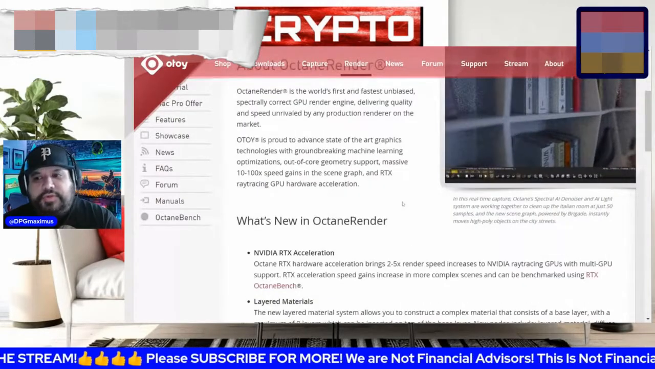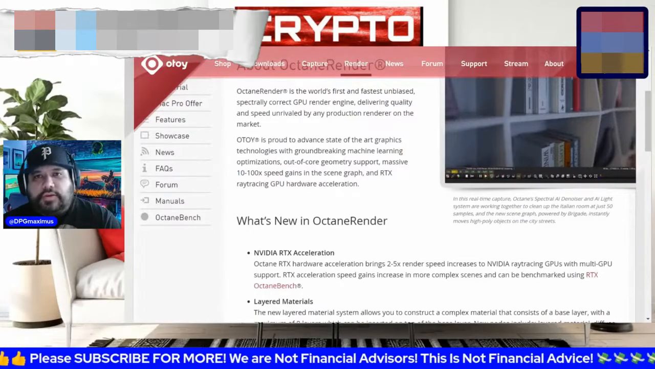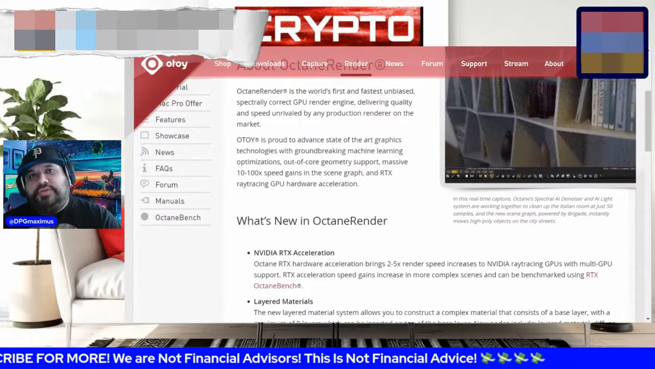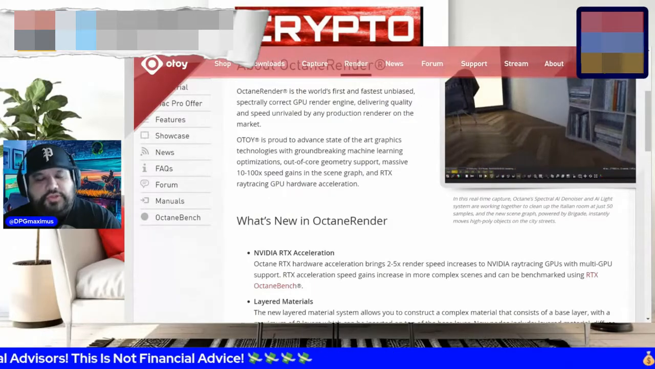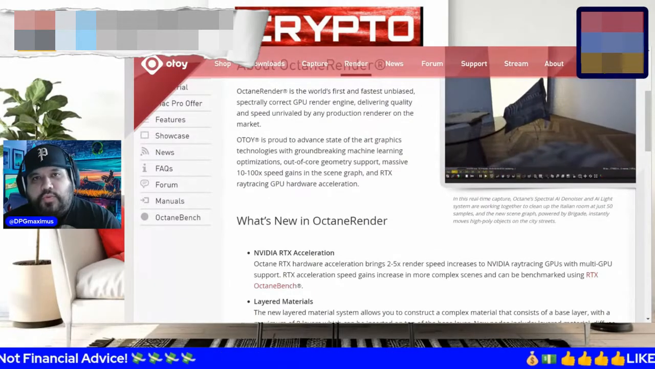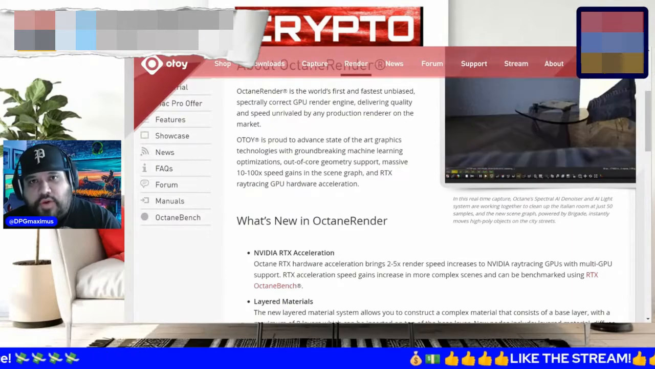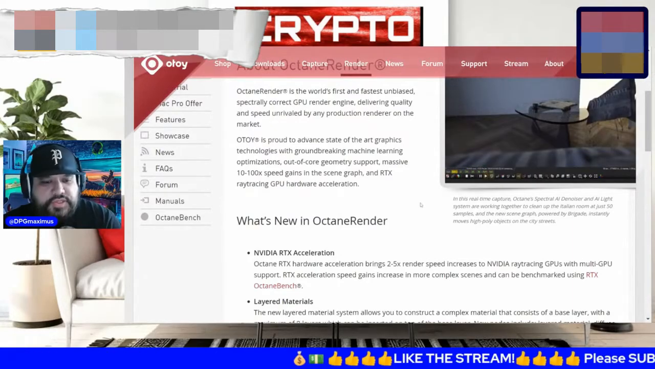Now, if you're a type person and you don't even know what any of this means, and you're like, what the heck is RTX? What the heck is ray tracing? Ray tracing is an absolute game changer as far as producing realism in graphics. And what I mean by that is, and I've used this example in the past,